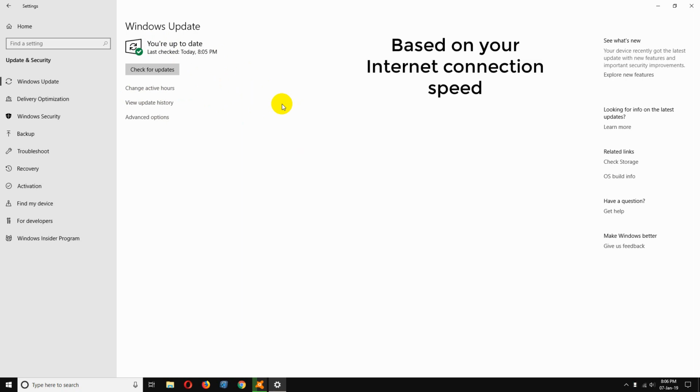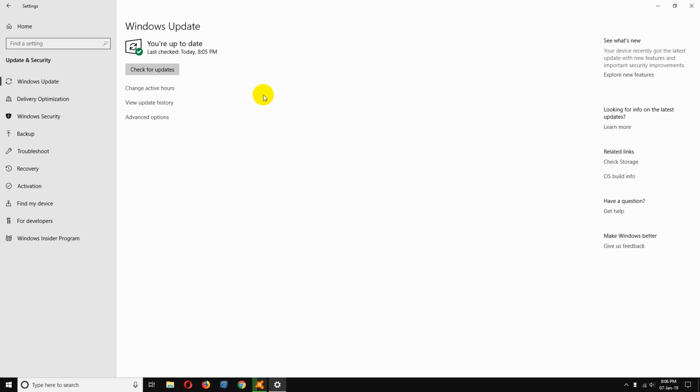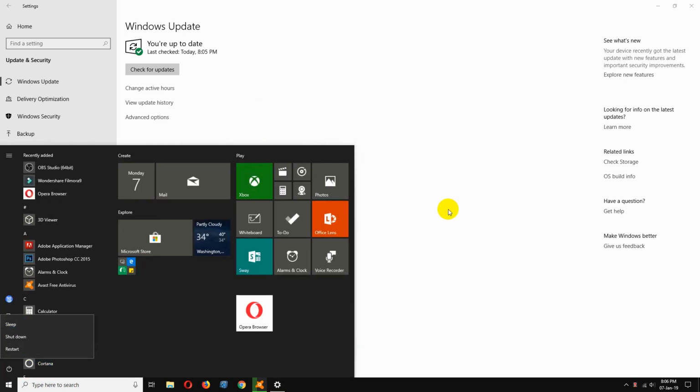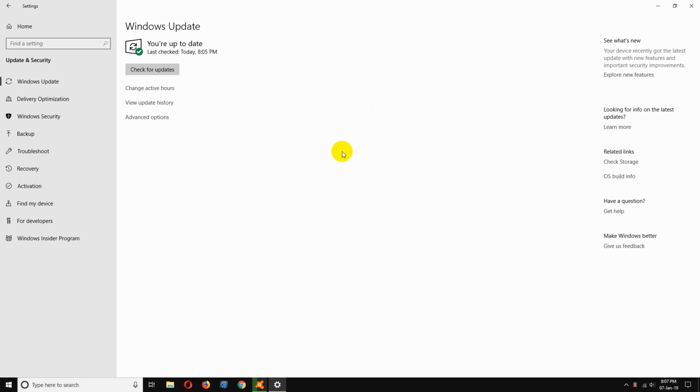And it will take some time to download the components. And after downloading its full components, it will automatically start installing them. And after installing the components, it will just ask you to restart the computer. You just need to simply restart the computer by clicking the restart button here, or it will show you a dialog box for restarting the computer. You just need to click the restart button, and restarting your computer will take some more time, and it will automatically restart your computer several times. You just don't need to be worried about it.